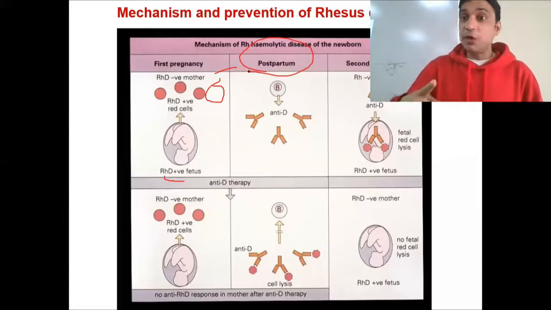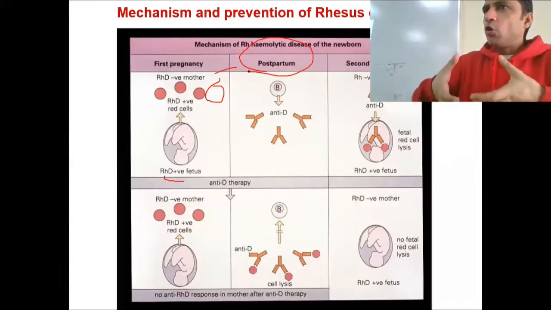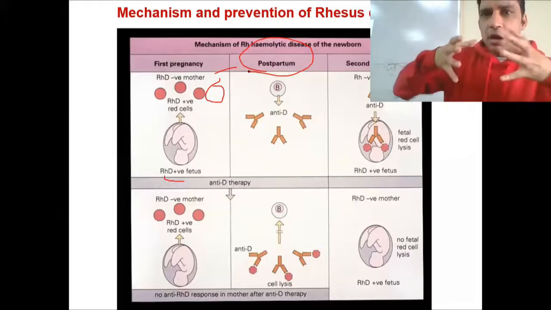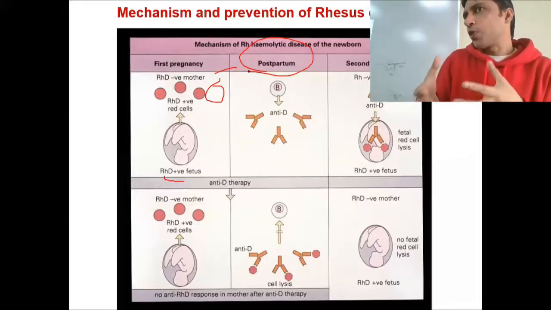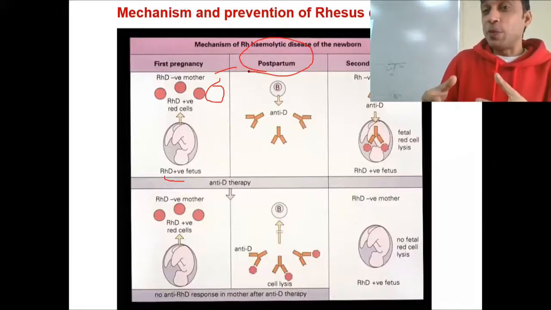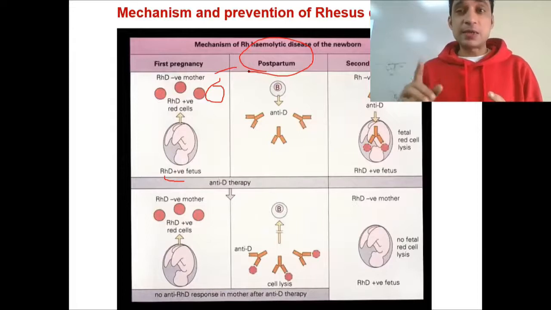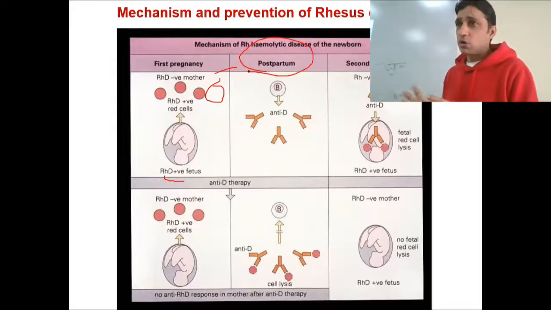And at the time of delivery, everything went comfortably. Nature protected the fetus in the amniotic fluid with so many layers, and the mom's immune system did not see it until the very end, and the baby is delivered. But at the time of delivery, I don't know, you guys should know.